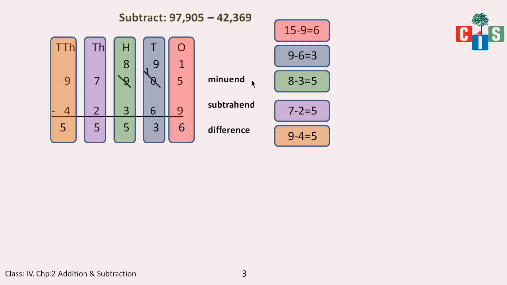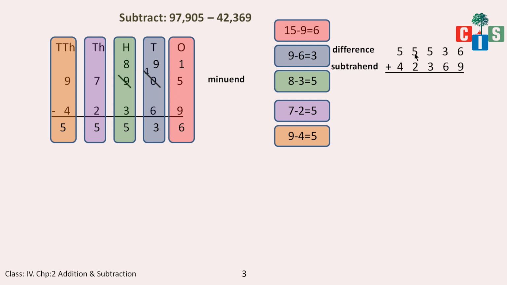Now, the minuend, subtrahend and the difference have a certain relationship. Let's see what they have. When you add difference and subtrahend, what do we get? Let's have a look. The difference was 55,536, and the subtrahend was 42,369. When we add them, what we get is, let's see, 6 plus 9 is 15,